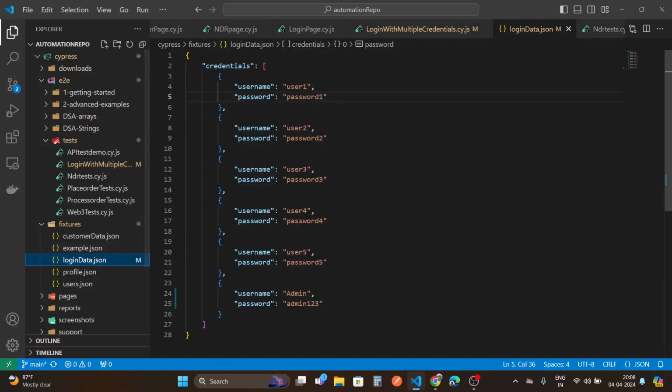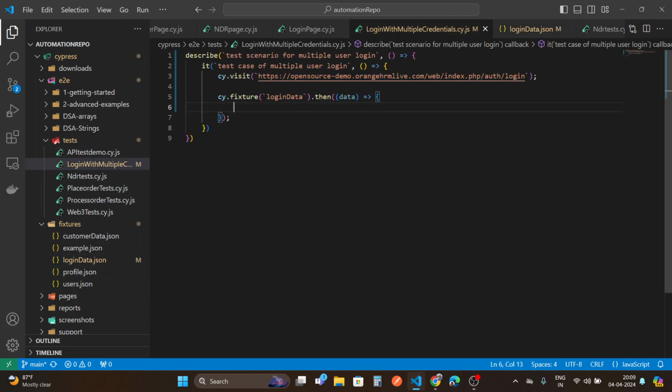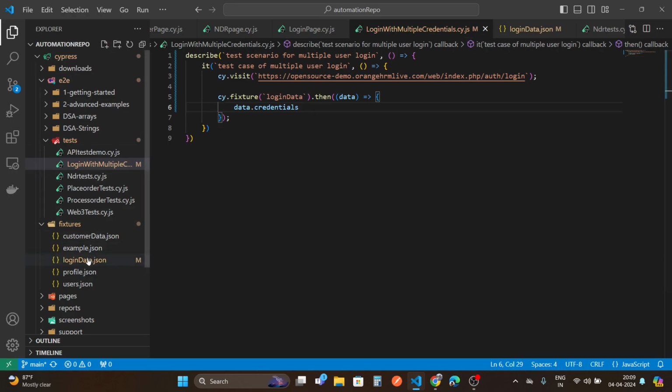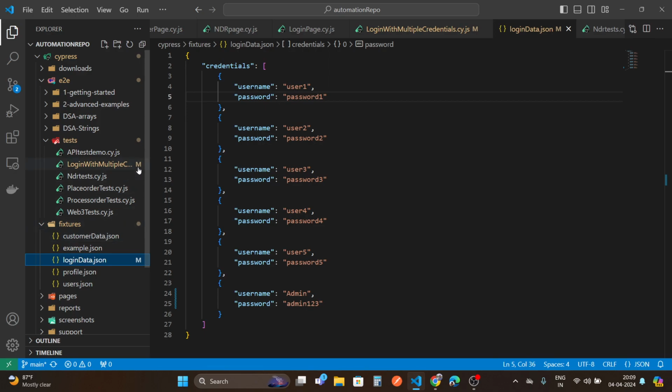What do I mean by that? This is very easy, guys, please focus on this. So basically this is a JSON object, right? So you have to iterate over this and perform the login every time. So for doing that basically you have to use data dot credentials dot. It is like a dot notation that is going inside the login data file. It is taking credentials and then